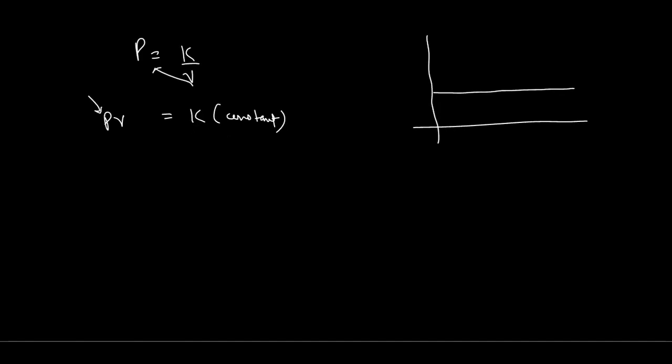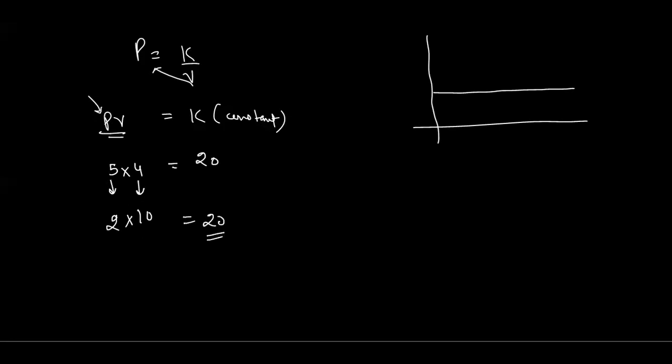So at constant temperature and constant mass of a gas, if we change the pressure, let's suppose the product of these two is 20, and the pressure is 5 pascals, and the value of this one is 4. If I increase the volume, let's say I make it 10, then the pressure will automatically become 2, to keep this value constant.